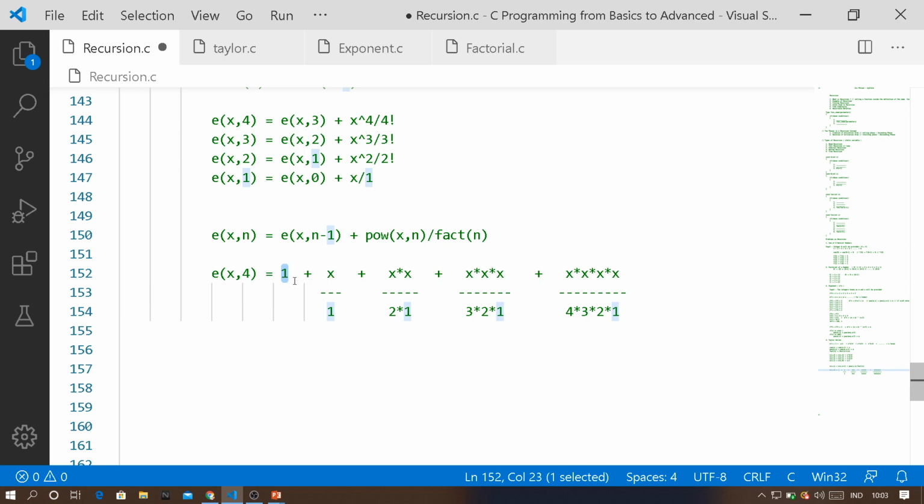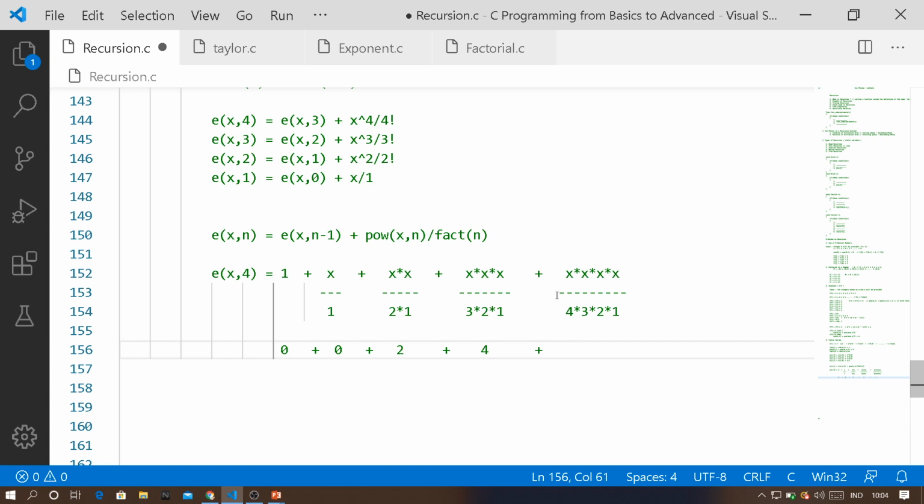In this term, there is no multiplication taking place. So in term 1, there is no multiplication, so 0 multiplication, plus in this term x divided by 1, there is no multiplication, 0, plus in x square divided by 2 factorial of 2, you can see that 2 multiplications are taking place. So 2 multiplications, plus in x cube divided by factorial of 3, totally 1 plus 1 plus 1 plus 1, 4 multiplications. So in this term 4 multiplications take place, so plus 4.